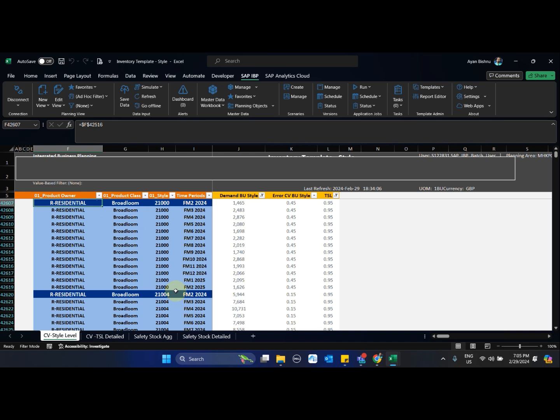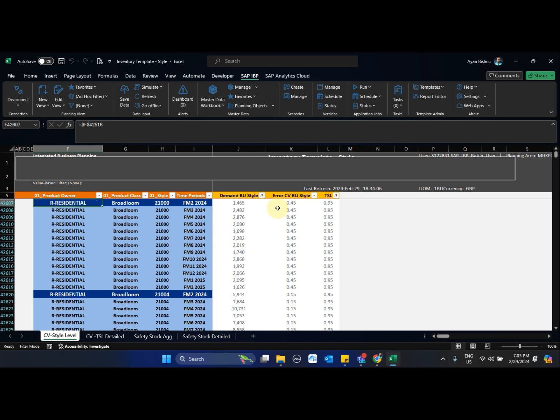Now once that is done, one thing to remember is IO doesn't recognize this forecast error CV. So as a next step, my objective is to copy this forecast error CV generated at a BU style level to its actual level, which is product location and customer.